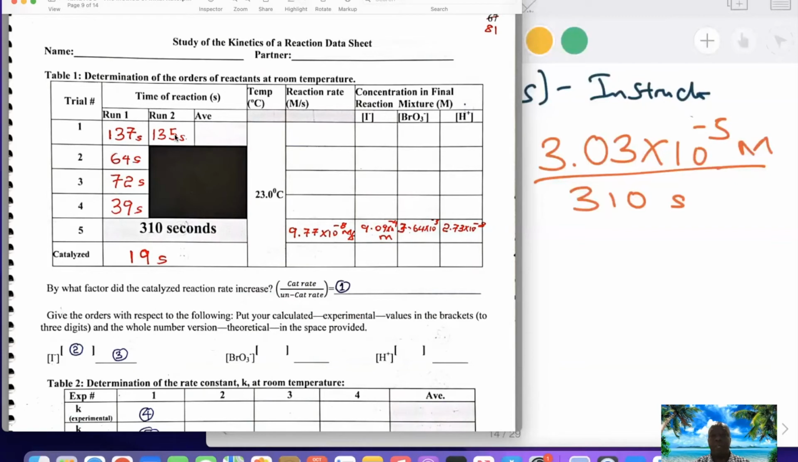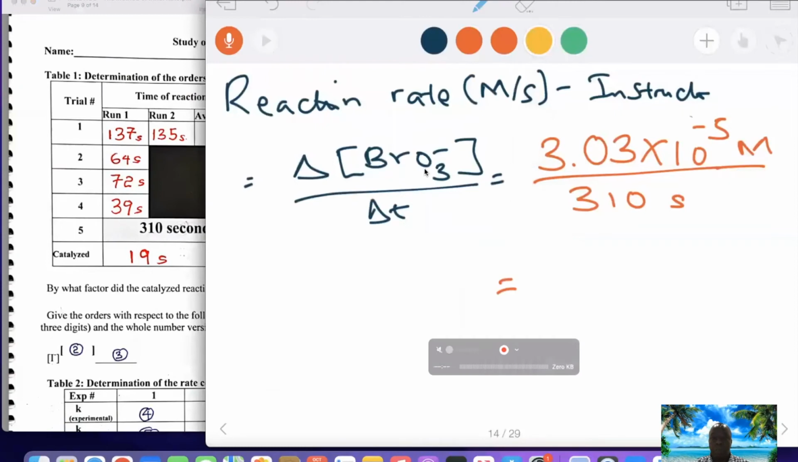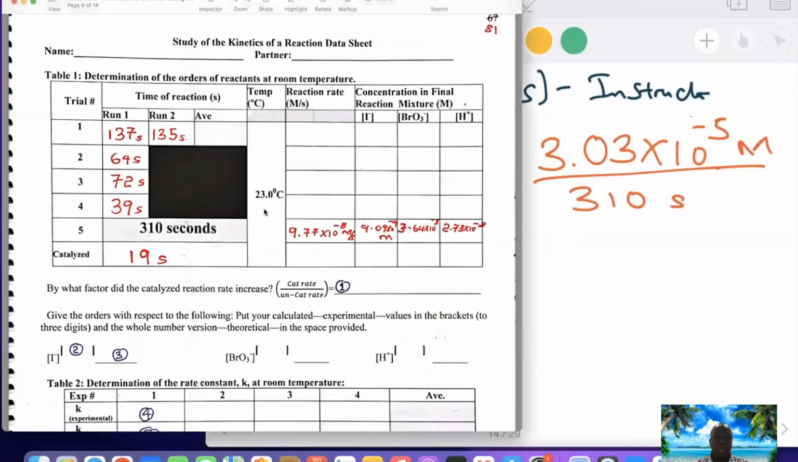It's the average of the two. And please show your calculation for how you determine the rate of reaction. I don't want you to just copy and use your calculator and just put in the values. I want to see the calculation, which is pretty straightforward. It is the change in concentration of the bromide ion, which is this value, all over the change in time. This will take care of this column for rate,